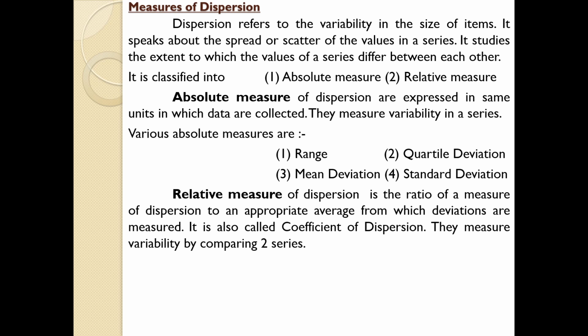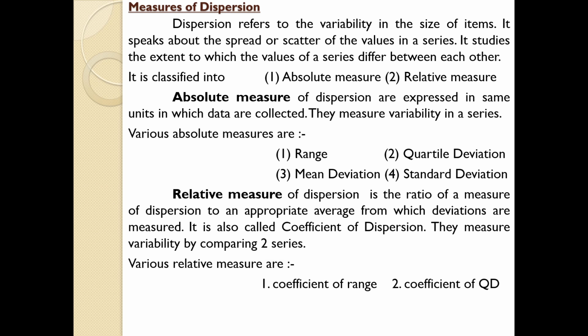The relative measures of dispersion are useful for comparing two series for their variability. The greater the value of the relative measure of dispersion in a series, the greater the variability in that series. Higher value means higher variations. Lower value means lower variation between the values within the series. And some of the measures for measuring variability, the various relative measures are,